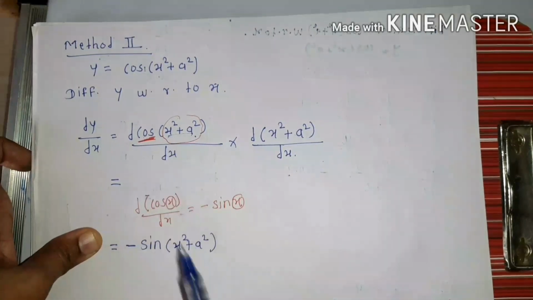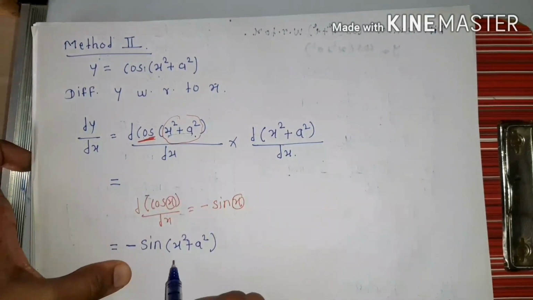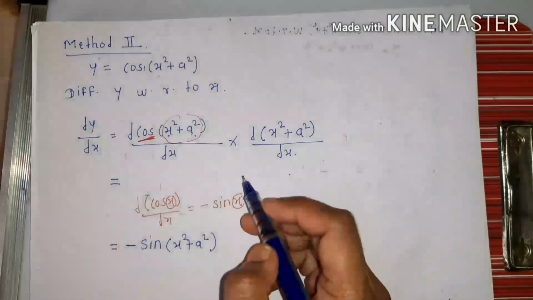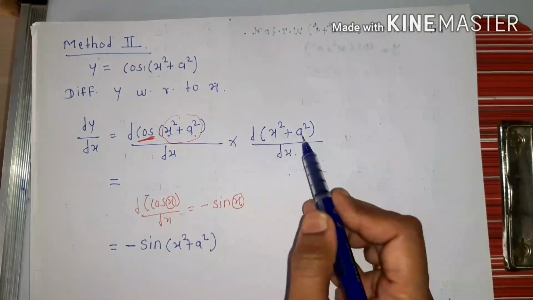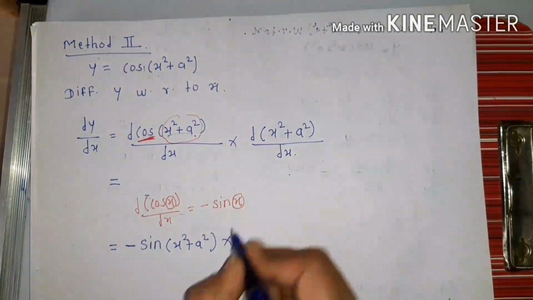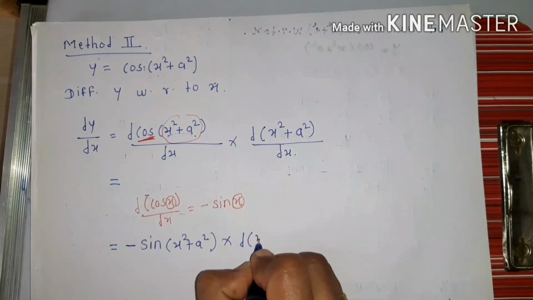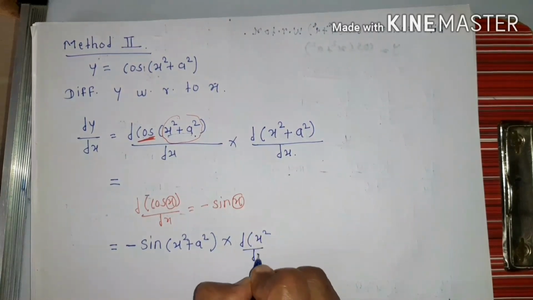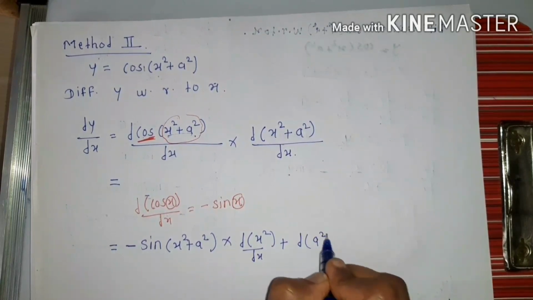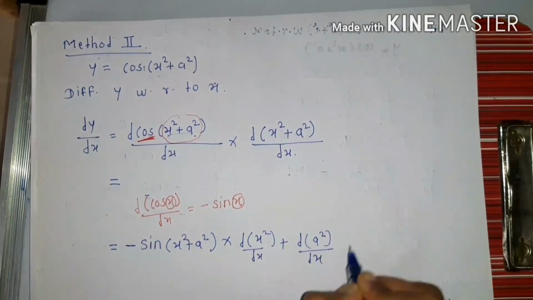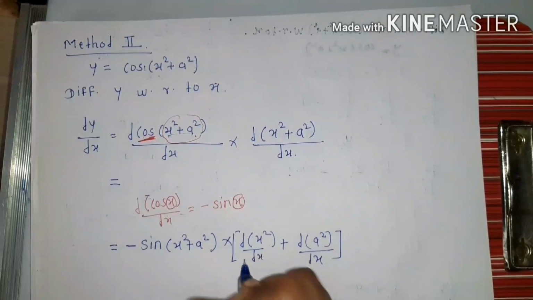Now again x square plus a square is a differentiable function, and that's why again differentiate into differentiation of x square with respect to x plus differentiation of a square with respect to x, and this is equal to